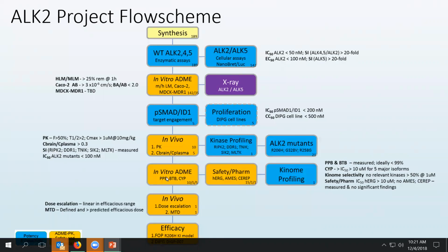Everything looks good here. We move into more advanced in vitro ADME profiling, looking at plasma protein binding, brain tissue binding, and CYP450 inhibition. Safety pharmacology, looking at hERG and Ames and profiling the compounds through the SERA panel, and then a broader kinome profiling if the compound continues to look good. And we have one compound actually that has advanced through all of this, M4K 2009, that I'm going to speak to